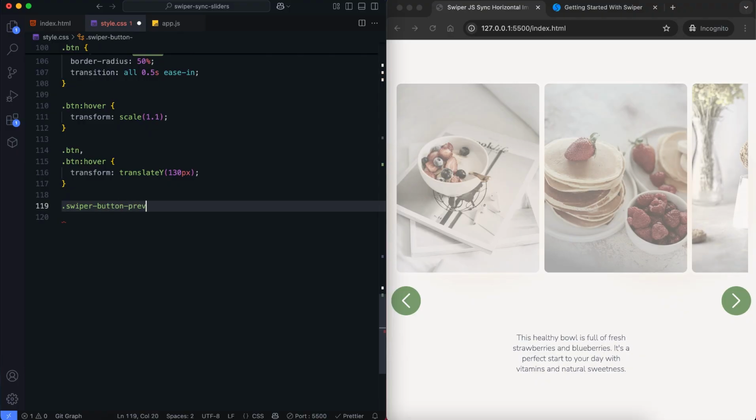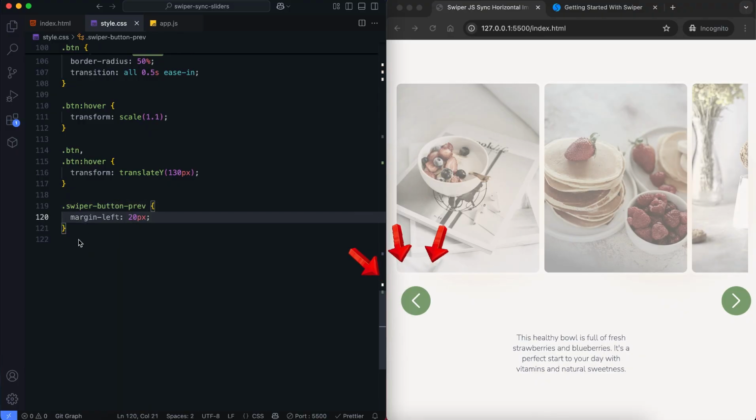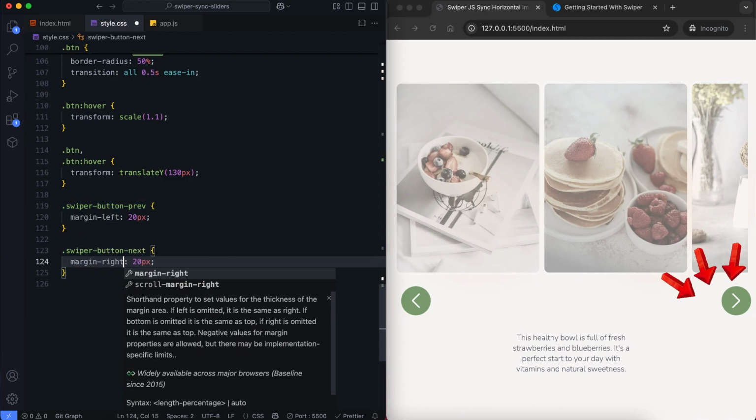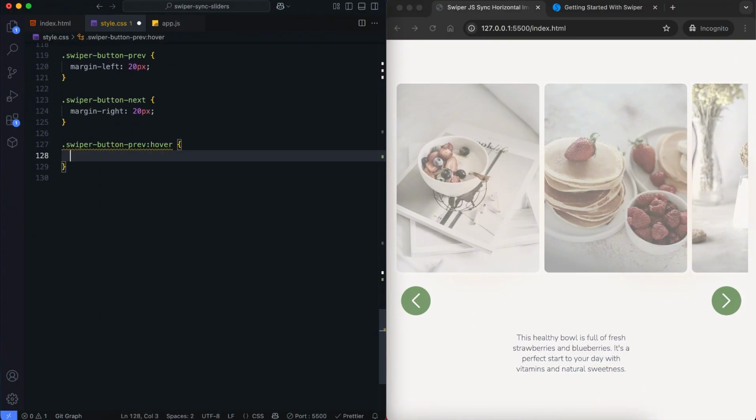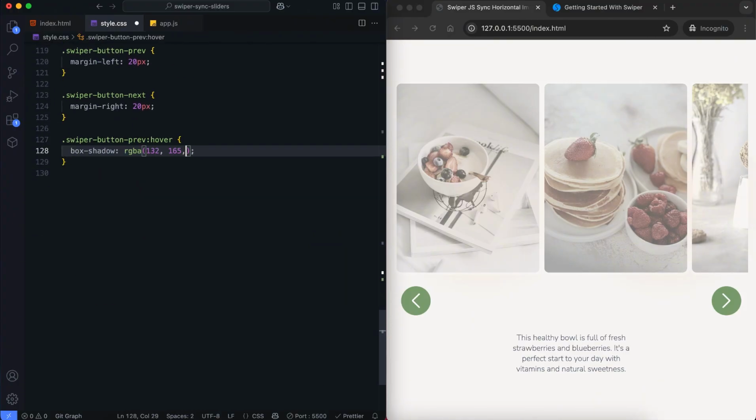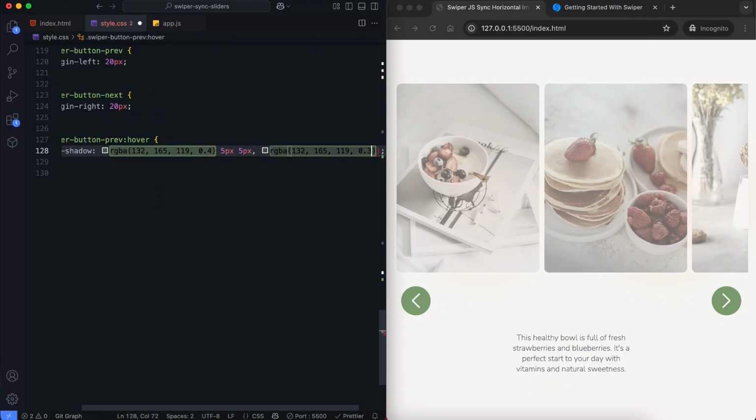We shift the previous button to the right to create space. We also shift the next button to the left. When we hover over the buttons, a shadow effect makes them look more 3D and interactive.